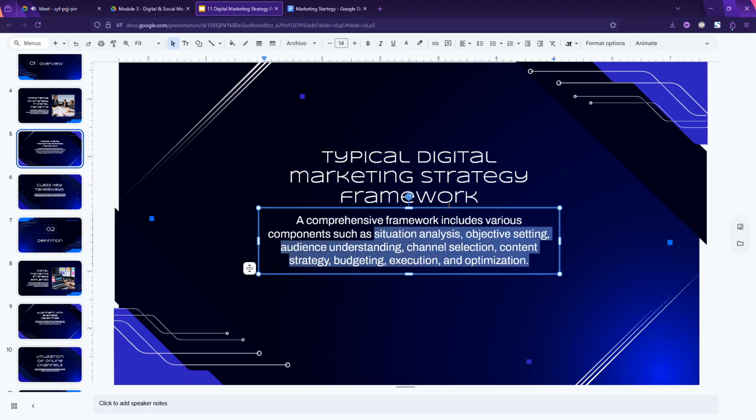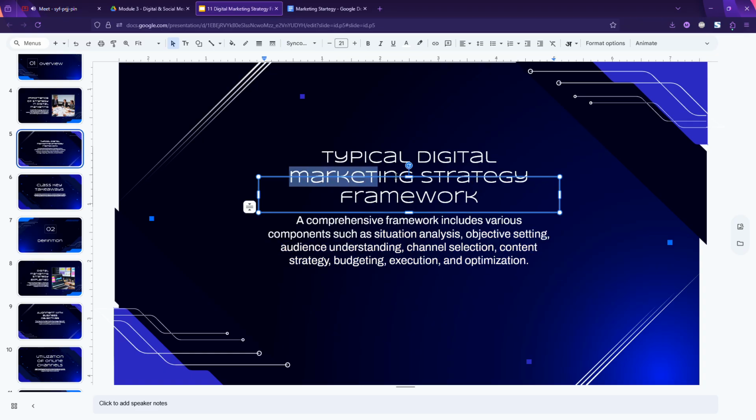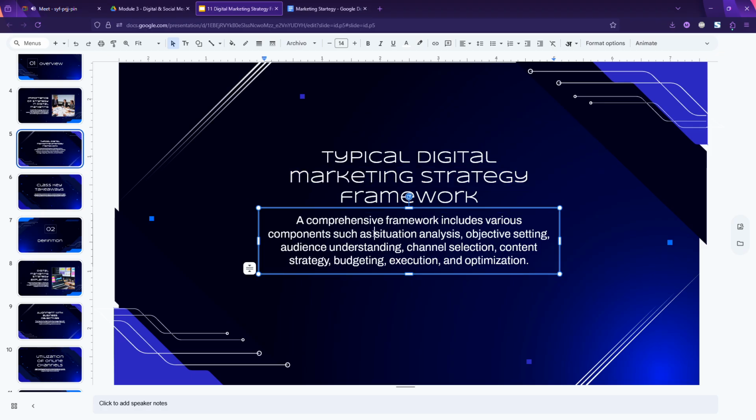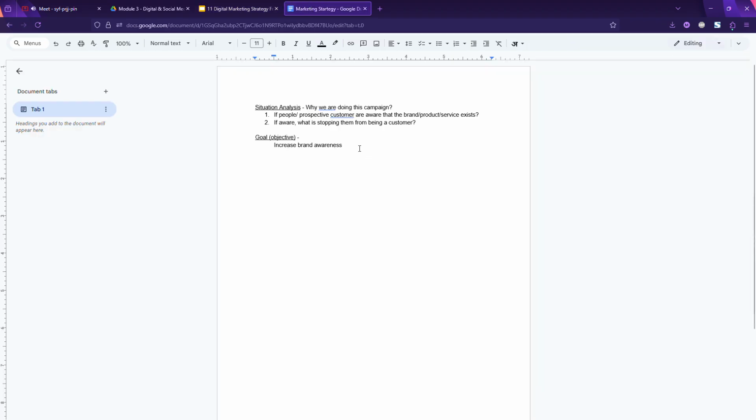So when we are making the strategy, how does a strategy document work? A strategy is basically a document. This is where the documentation starts. When you are doing digital marketing, you will be creating a lot of documents. So the digital marketing strategy is basically a document where we are doing, say,